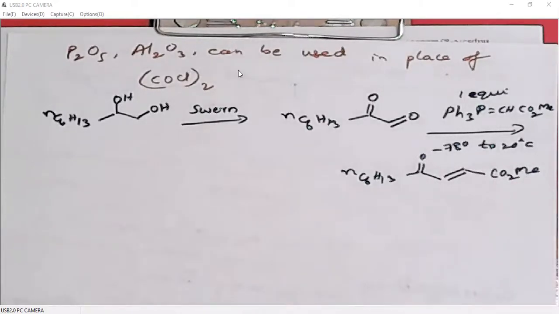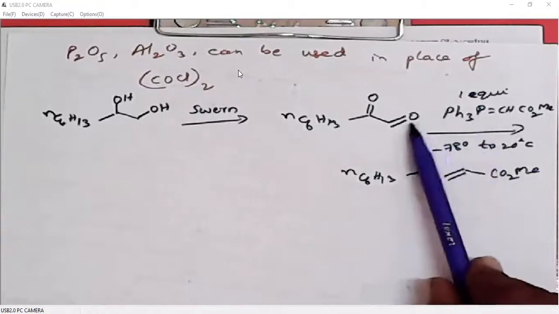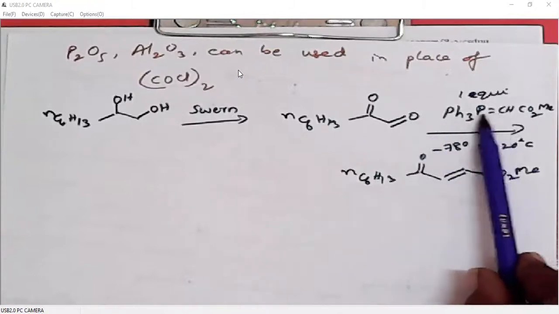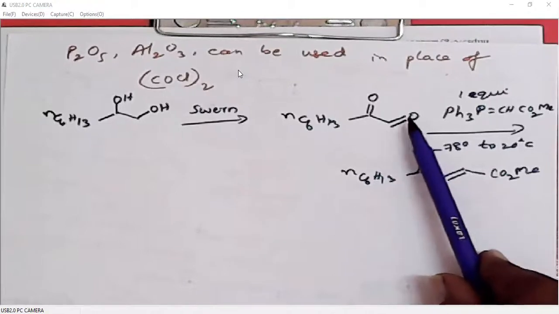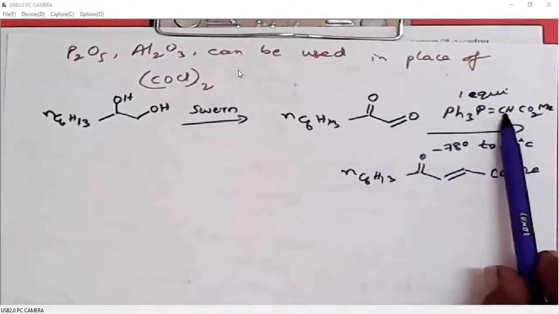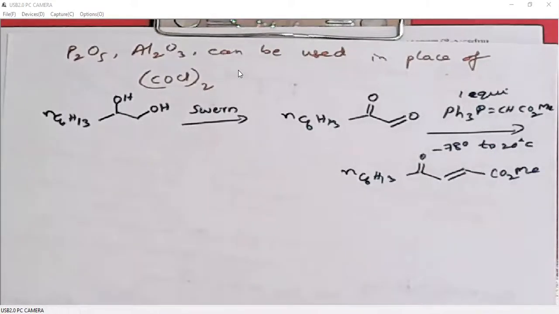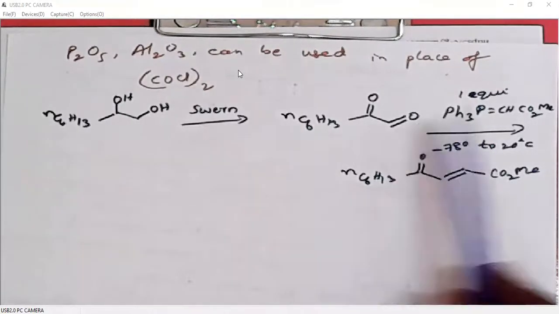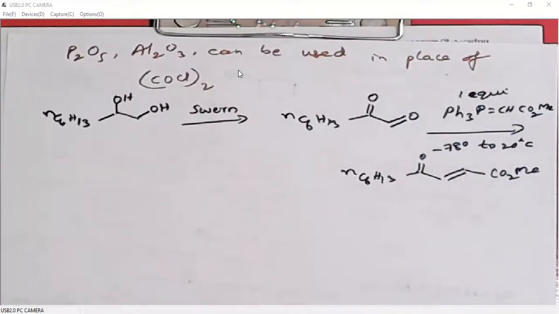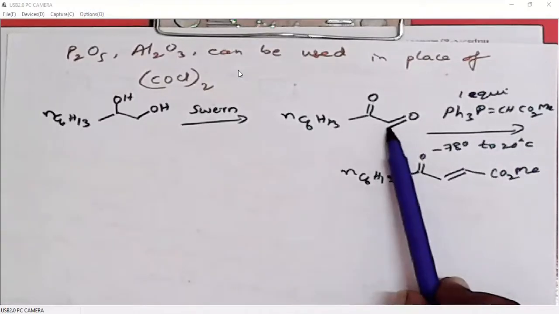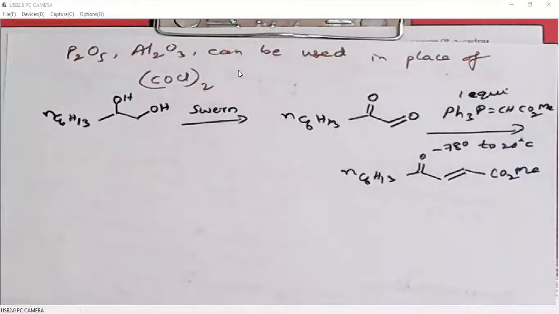Of course, we will discuss the Wittig reagent in the advanced reagents topic, but still remember phosphorus will take this oxygen. So if it is P double bond CH, then in the products it becomes P double bond O. Then this C double bond O, because it is losing oxygen, this C will form a double bond with this C. So it is just an exchange of partners, right? Phosphorus will take oxygen, and this carbon will be bonding with this carbon. So it is just carbon-carbon bond formation between the carbonyl carbon and the carbon on phosphorus.